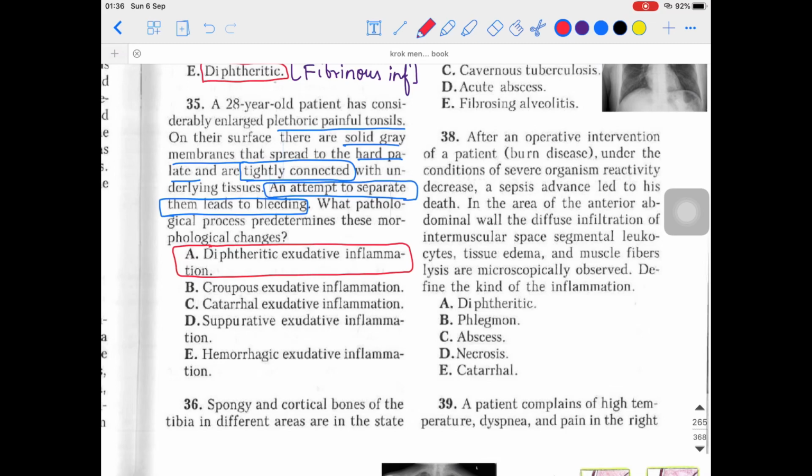So many questions, you know, we saw for example 4 or 5 questions coming from fibrinous inflammation. That tells you the seriousness of this topic, right? So please guys, once again pause the video, go back and revise serous inflammation and fibrinous inflammation, and you should have a clear concept about this. Meanwhile you can read from the notes as well, which will be provided in the description box below. Anyways, let's move further.